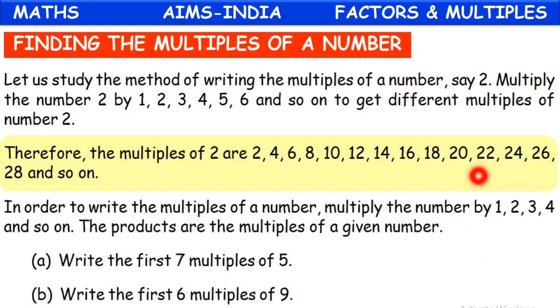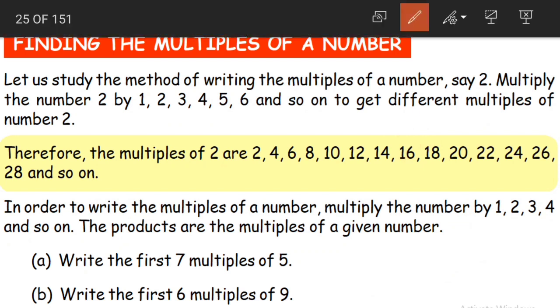Yes, today we are going to learn how to find the multiples of a number. But before that, what are multiples, children? We learnt in the previous class, when a number, say 2, divides 12 completely, then what does 12 become? 12 becomes the multiple and 2 becomes the factor. Yes or no? When we are dividing two numbers and the divisor divides the dividend completely, the divisor is called the factor and the dividend is called the multiple.